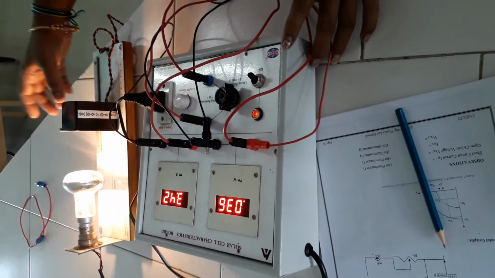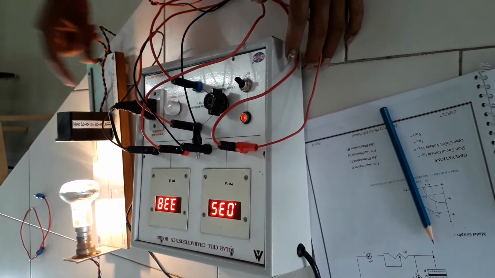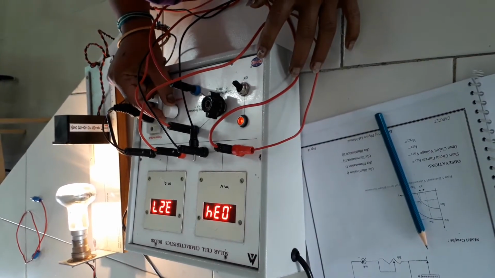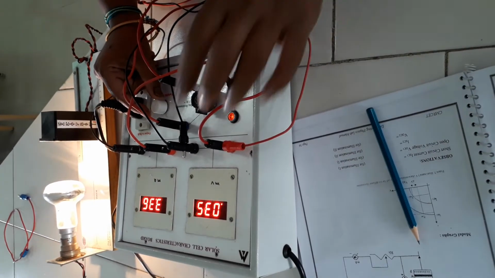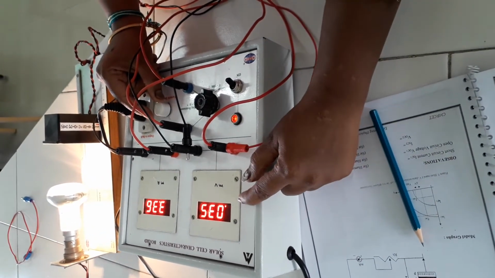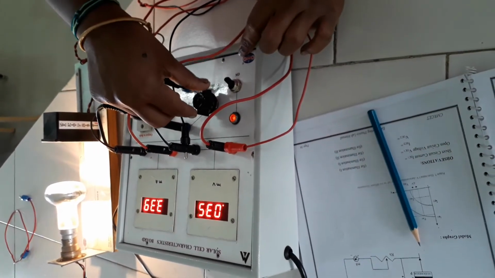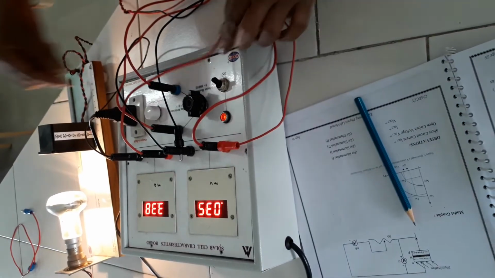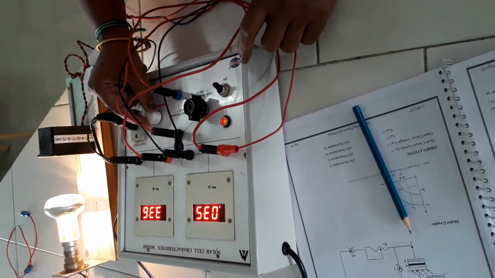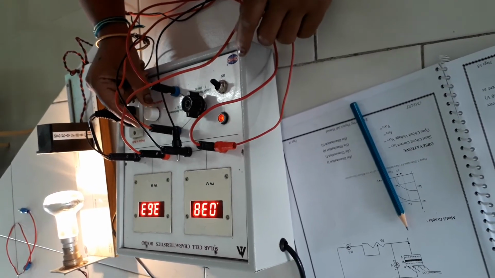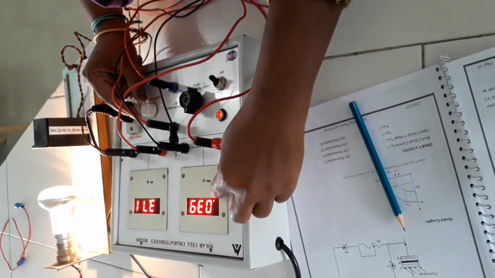Okay, now let us adjust the distance of the solar cell to 2 centimeters on the scale, and let me adjust the intensity of the bulb so that I can have a maximum current here. Now in fact you are supposed to have a zero voltage here, but due to some reason there is no zero observation. The resistance value, as you see, is 0 now. At zero resistance the maximum current flows. So we assume that this is the maximum current flowing in the circuit, and we'll note down that this is a minimum voltage. It should be 0 but it is showing some minimum value.